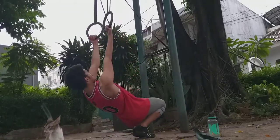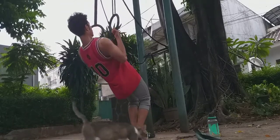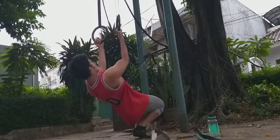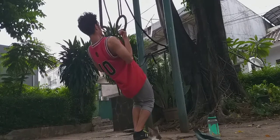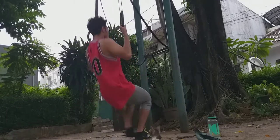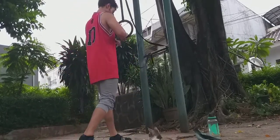It's sort of like imagine yourself pulling yourself into the middle of your body. Put the arms as close to your torso as possible, so you're keeping it in, not outwards, not flaring out. And